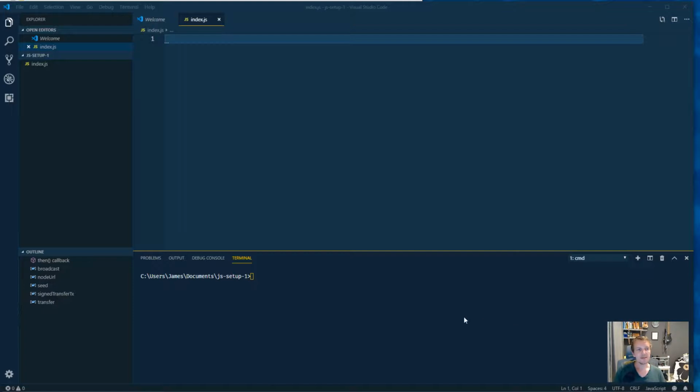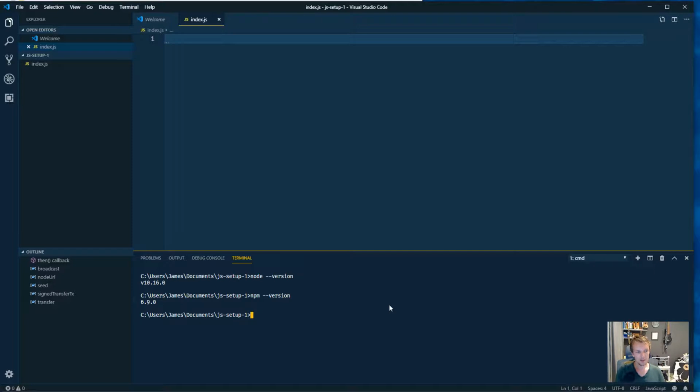Before we get started, make sure that you've installed Node.js. I've got version 10.16.0 here, and that will automatically install NPM too. I've got version 6.9.0. I'm using Visual Studio Code here and sync settings. I'll link to the GitHub ID for the settings sync so you can get your IDE set up the same. I'm currently using Windows as well to cater for the majority, but the commands should be exactly the same